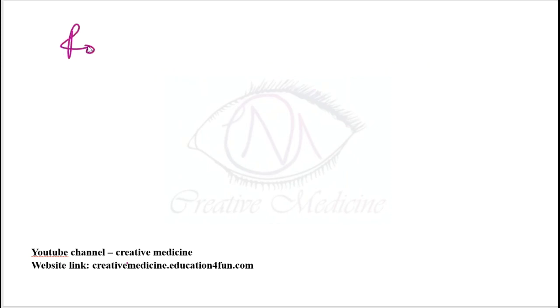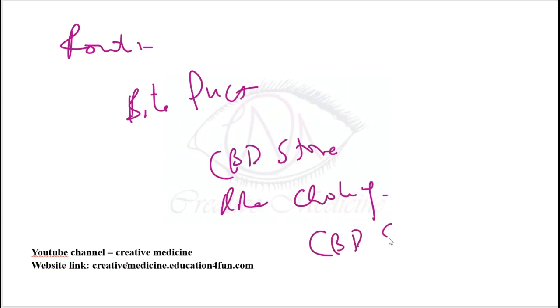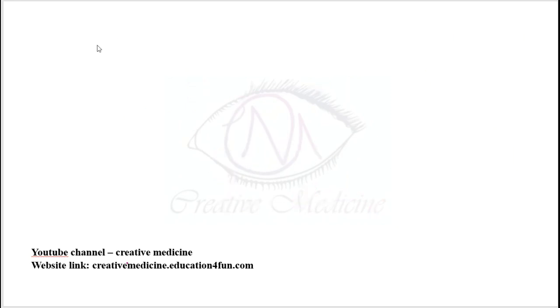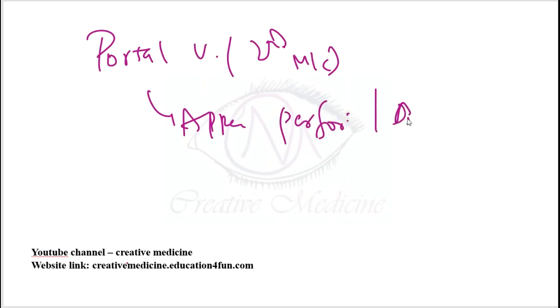If you see the routes of infection, first it can occur from the bile duct, especially if there are CBD stones, hilar cholangiocarcinoma, or CBD strictures. All these will result in cholangitis, and this cholangitis may spread to the liver, causing pyogenic liver abscess. The second most common route is the portal vein, where appendicular perforation or diverticulitis can occur. So this will increase the risk of pyogenic liver abscess.